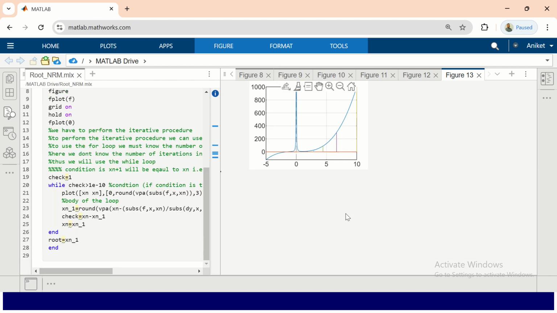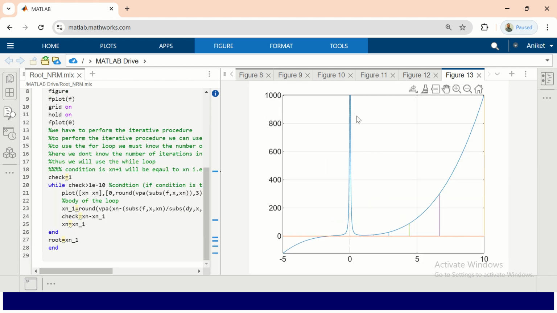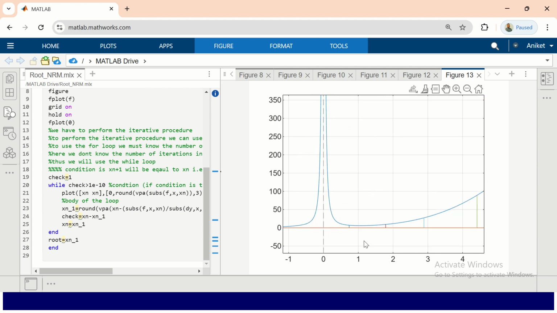So you can see here, this is how the plot of this function goes to infinity at x is equal to 0. But this thing here, it is like this. So we started with the initial guess as 10, and yes,